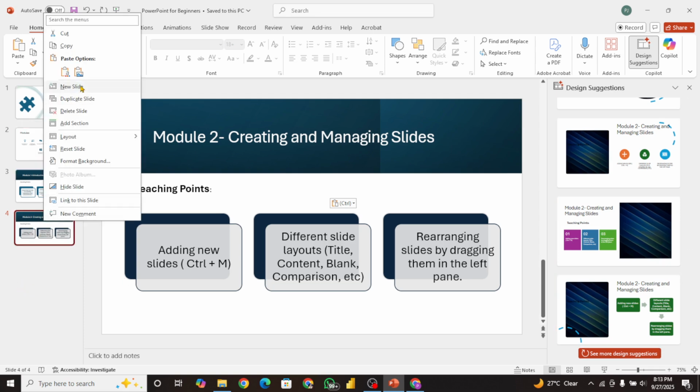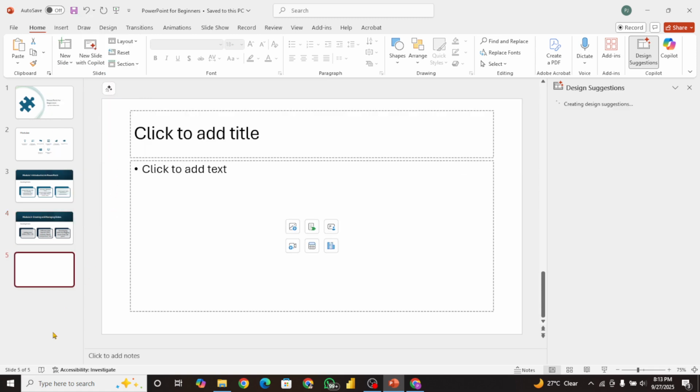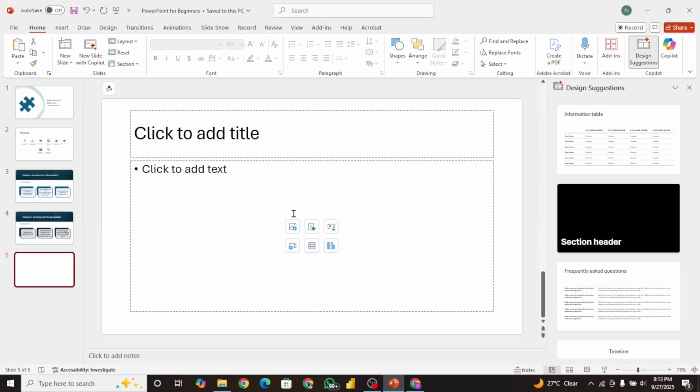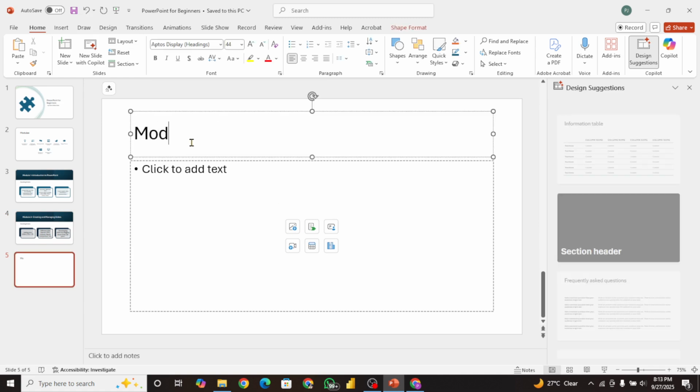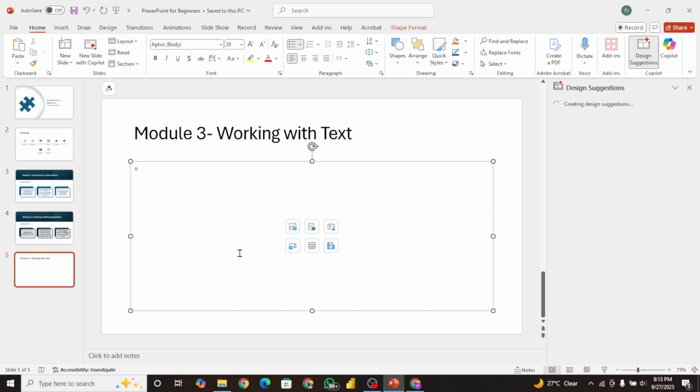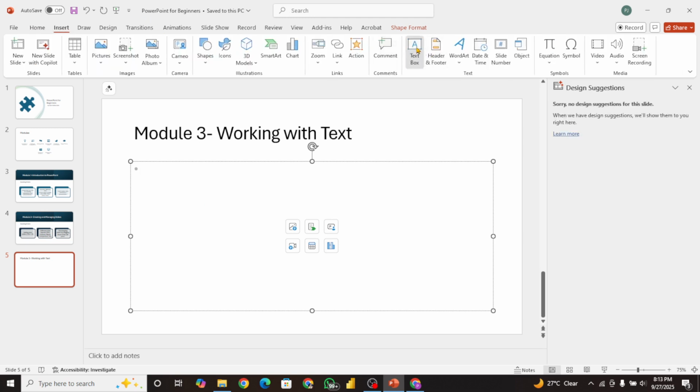So I'll create a new slide again, and title it Module 3. Module 3, working with text. So how do you work with text? Like I said, to insert a text box, this is how to insert a text box. Once you go to insert, click on text box, and then you use your control,